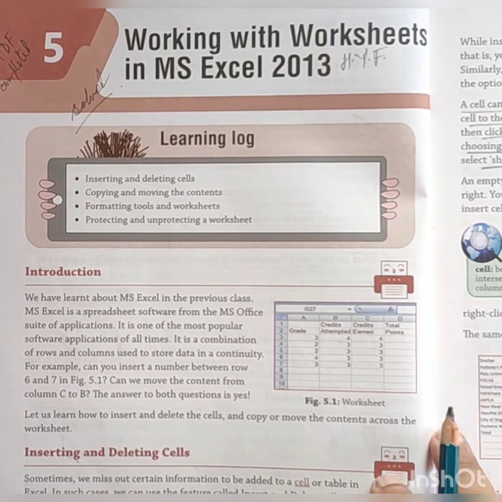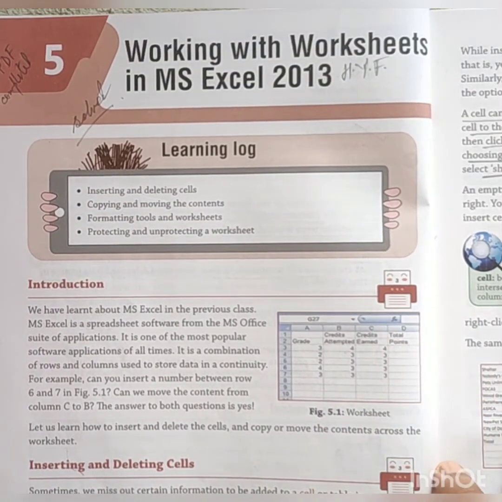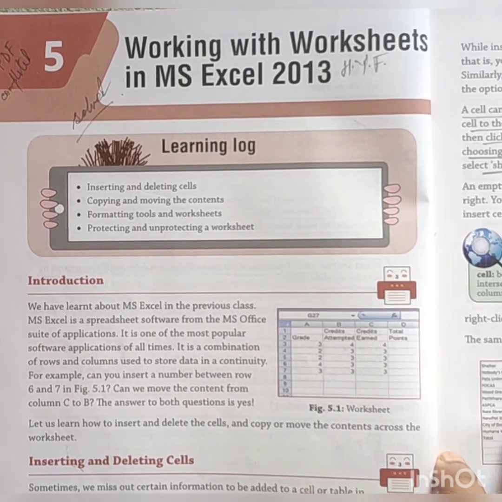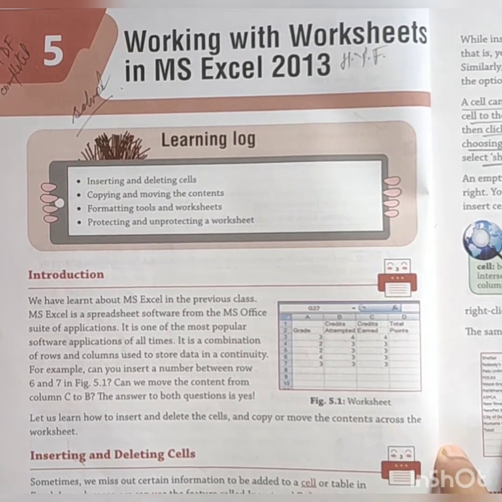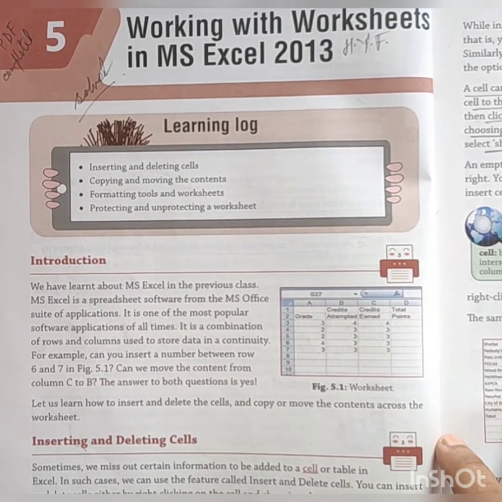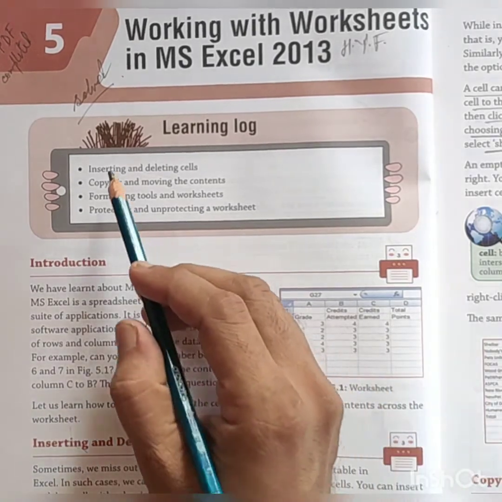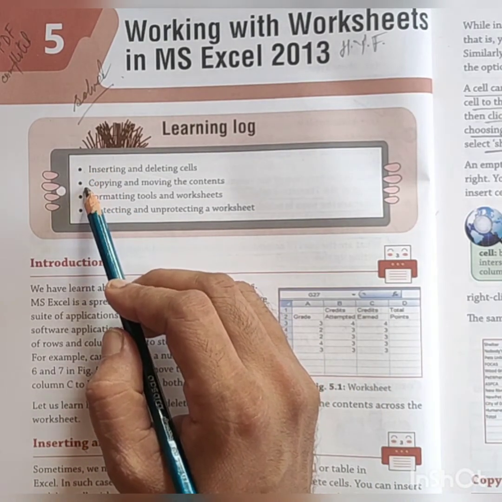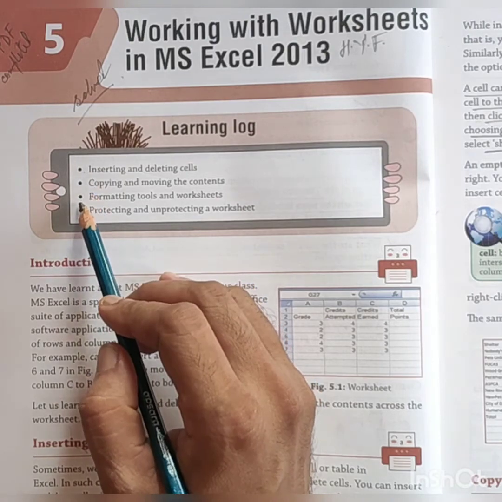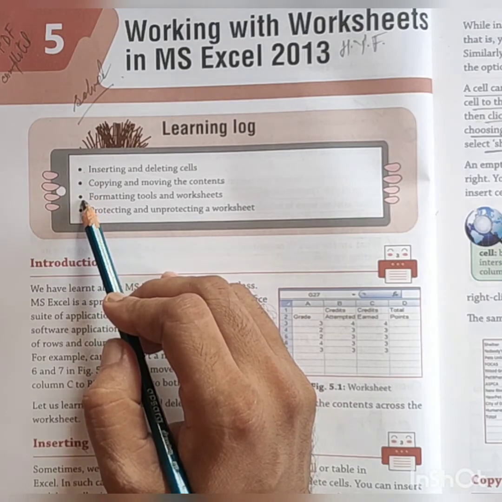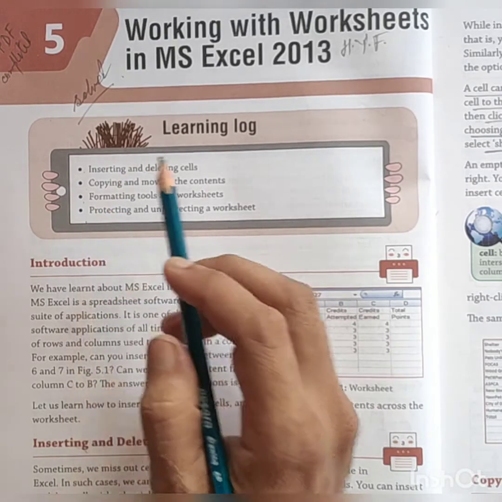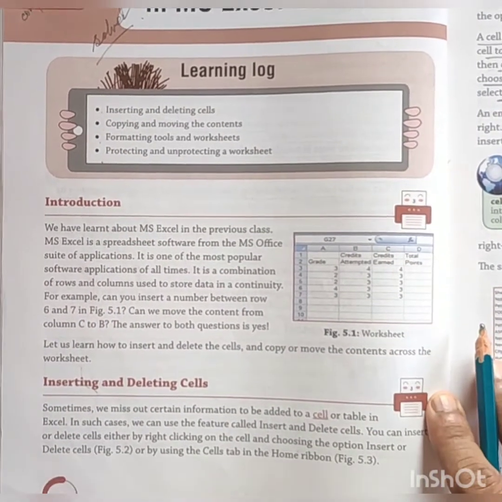Today I am going to discuss chapter number 5, that is working with worksheets in MS Excel 2013. Before going to learn the chapter, what things we are going to discuss. First we are going to discuss inserting and deleting cells, then copying and moving the content, then formatting tools and worksheet, then protecting and unprotecting a worksheet. So first is given that